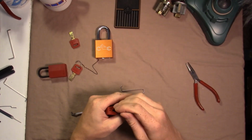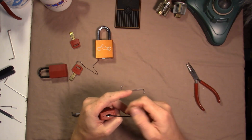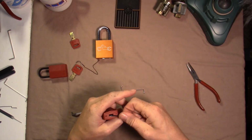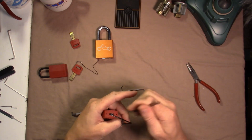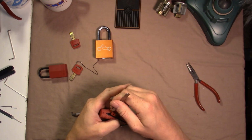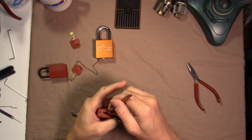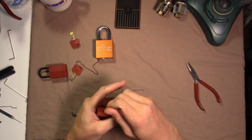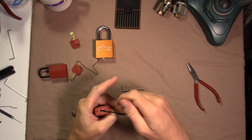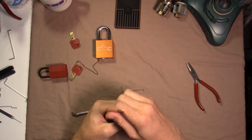Revisit these Bradys. They are an interesting lock, and actually a more difficult pick than I originally gave them credit for. Even though they don't have a lot of security features, you know, it's not really what they were designed for, but